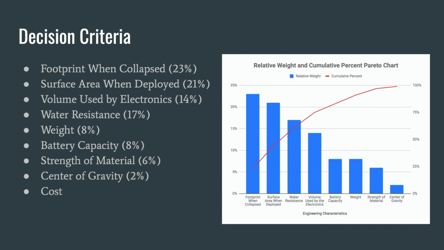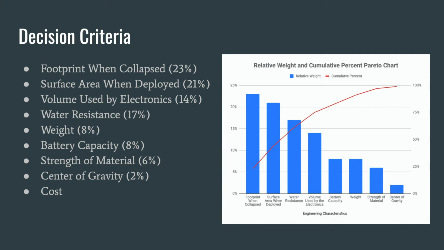so our product won't have to be charged every day and it will be able to operate on command, strength of material, which will make this product worthwhile and last longer. We want it to be able to survive wind gusts, and the center of gravity, which is important for the deployment of the canopy. We also want it to be able to stay deployed and not fall down due to its weight. While some are determined to be weighted higher, all the characteristics will have an impact when distinguishing solid